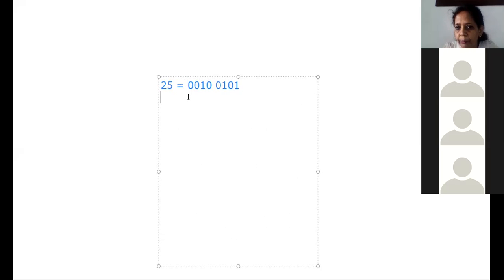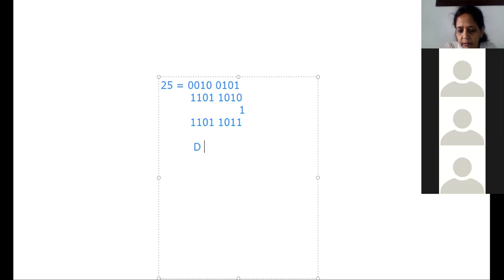So what is the 1's complement of that? Whatever is 0, you have to write it as 1, right? 1101 1010 is the 1's complement of 25. And you have to add 1 to it. So it becomes the 2's complement of the number. Okay, so those who have attempted the quiz must have understood this. So this is the value. The 2's complement of 25 is DB, right?